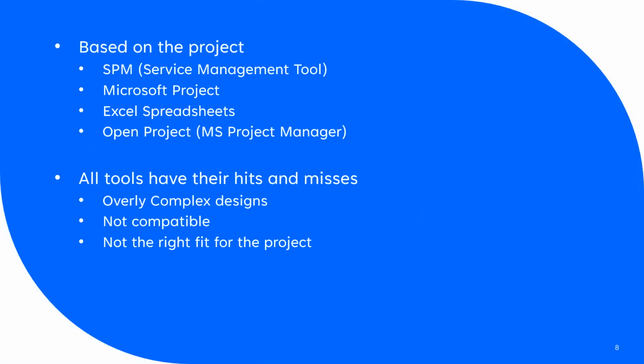When selecting a project management tool, it's important to select something based on the project you're working on. Depending on scale, certain tools may be more beneficial than others. There are many tools to choose from, and all have their hits and misses. Some are easier to use than others, and some are designed for more complex projects, while some may not be compatible with current systems. For example, this only works on Windows 7. Many times, the projects are smaller, and it's easier to put into an Excel spreadsheet and share it with those involved and place it on an editing platform like Microsoft Teams.